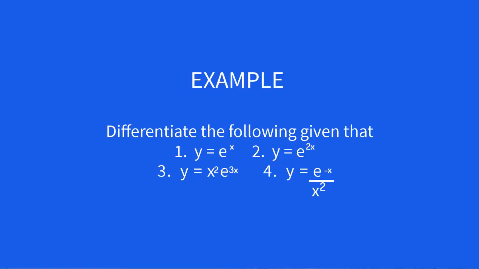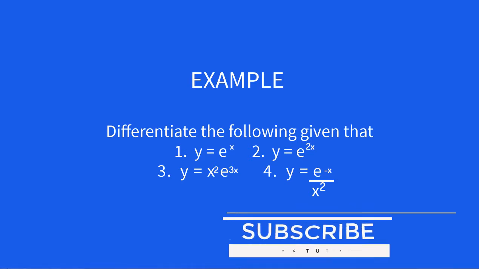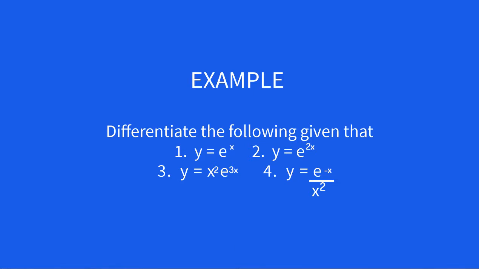Example 1. Differentiate the following. Given that y is equal to exponential x, that's number 1. Number 2, y is equal to exponential 2x. Number 3, y is equal to x squared exponential 3x. And number 4, y is equal to exponential minus x over x squared. To solve this,